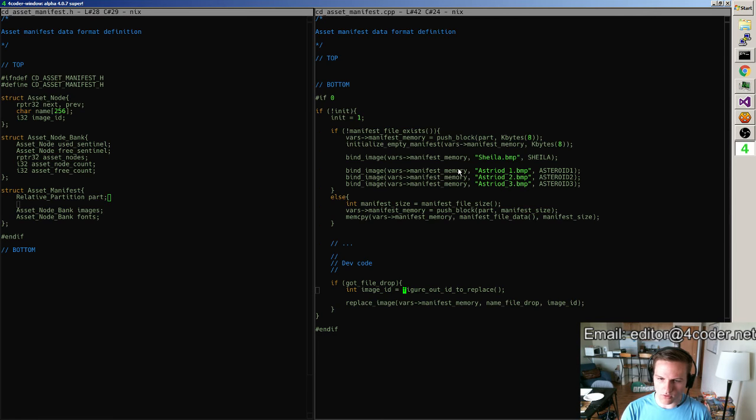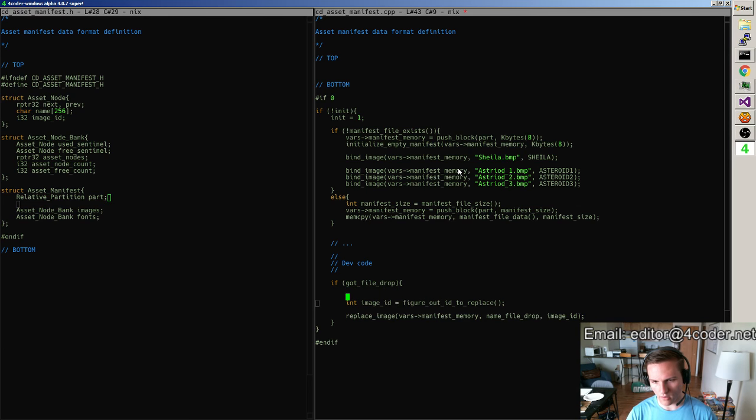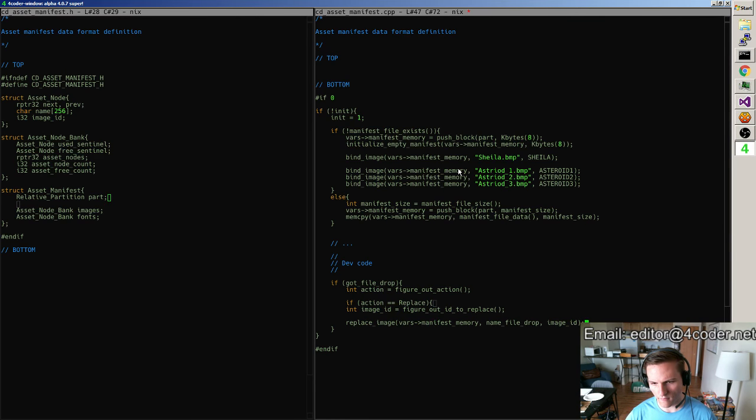When we do the drop, it'll interact with that element, figure out what the ID should be, and then tell us, and then we have to tell the system, hey, we're replacing this ID with this new name. It could also be that we do something like int action equals figure out action, and if that action is replace, we do this. But it could also be that that action is